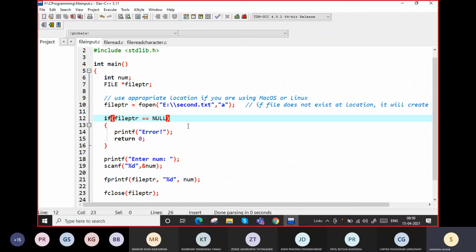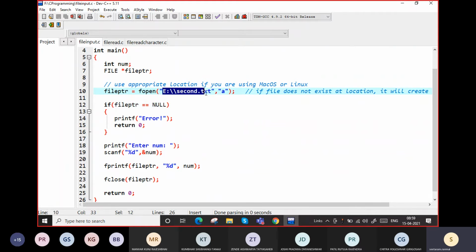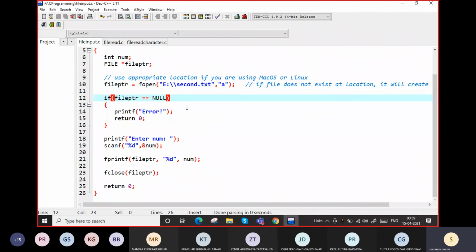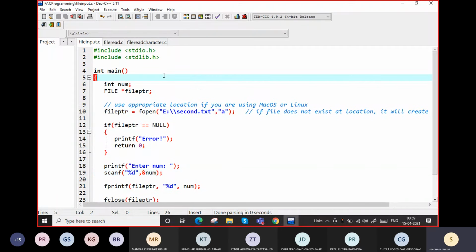So what we will do, start writing this program, try to run this, and add a proper location of a file on your computer. This E drive should exist, otherwise you can put a D drive also. Try to write something here. Instead of integer, try to write character here, and we will see. After the completion of this, we will see how to read content from a file. So start writing this program. We will see what happens.